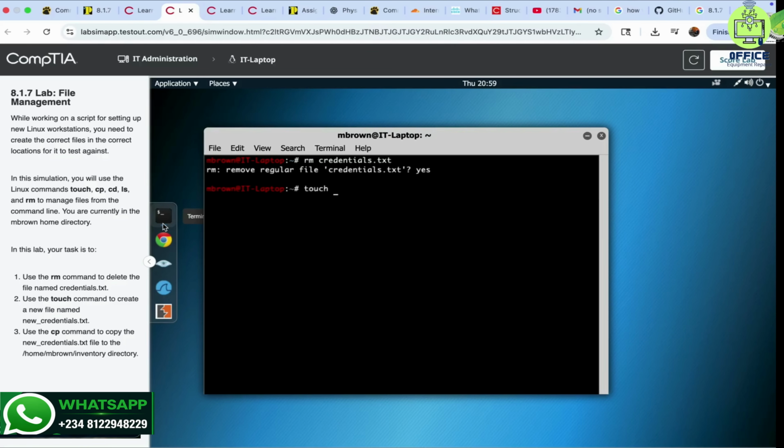I'm going to make use of the touch command now. Type in touch space new_credentials.txt. We'll press enter for that, and then we'll go ahead and